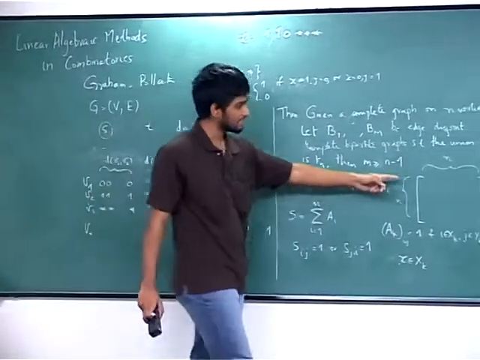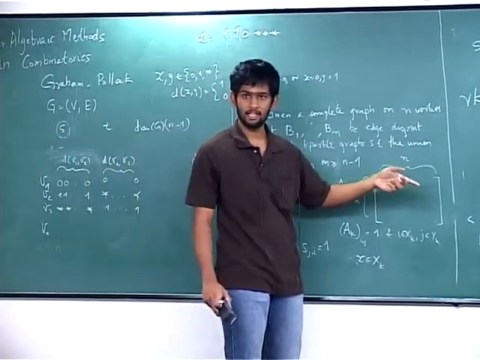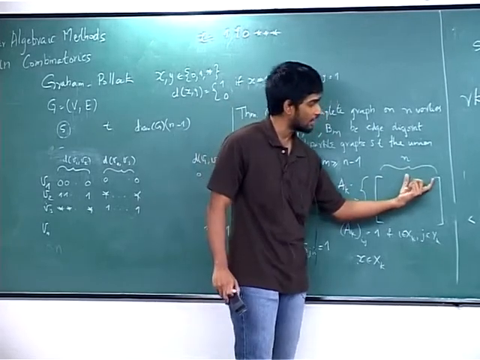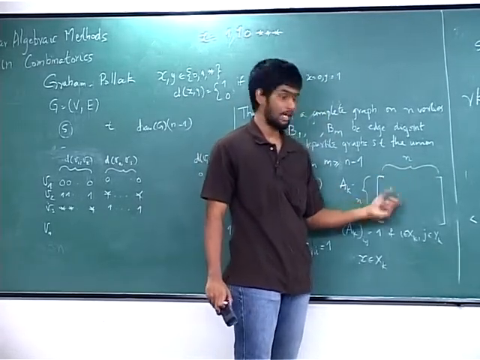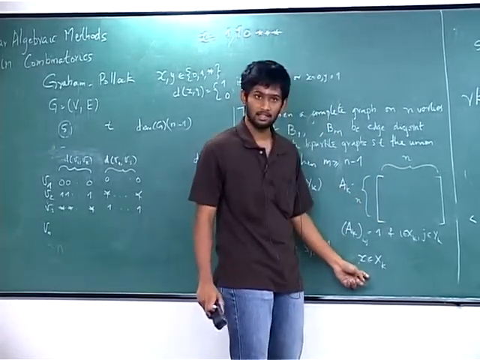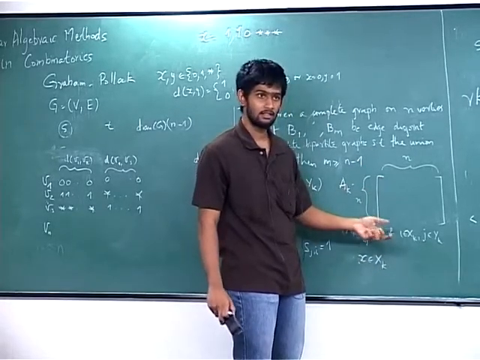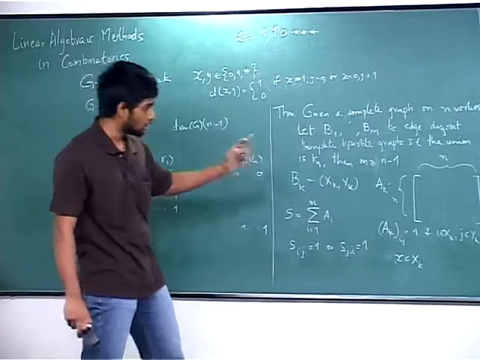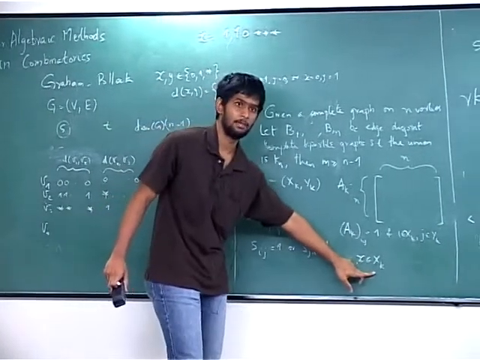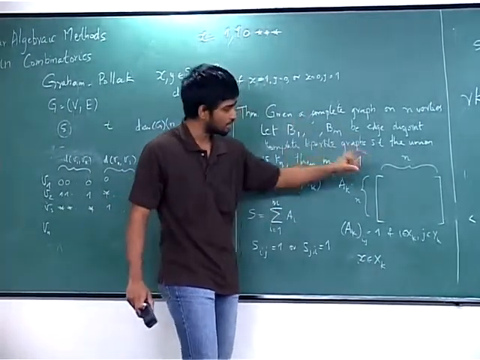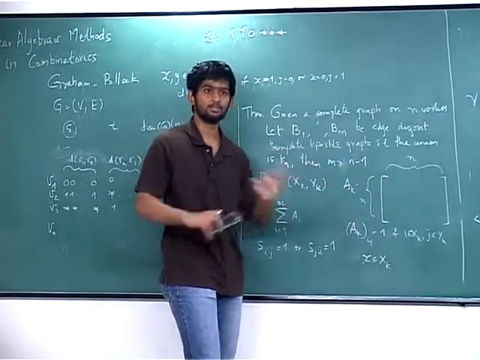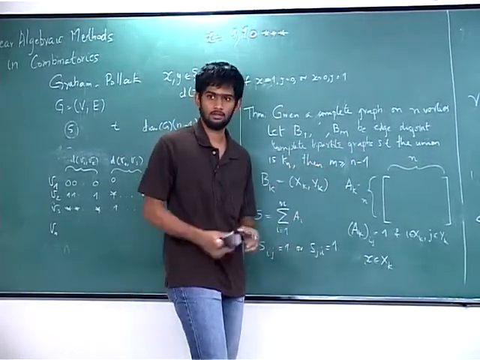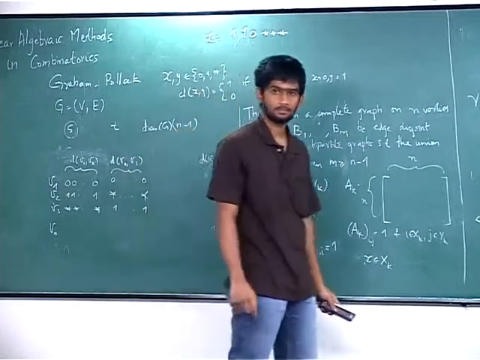So every vertex in xk is connected to every vertex in yk. So all those values are going to be 1 and the remaining are 0. And this is true for any x in xk, and it has to be 0 everywhere else. So this is a rank 1 matrix, right? All the rows corresponding to this bipartition are 0 followed by 1s, and all the remaining rows are 0. So this is a rank 1 matrix.